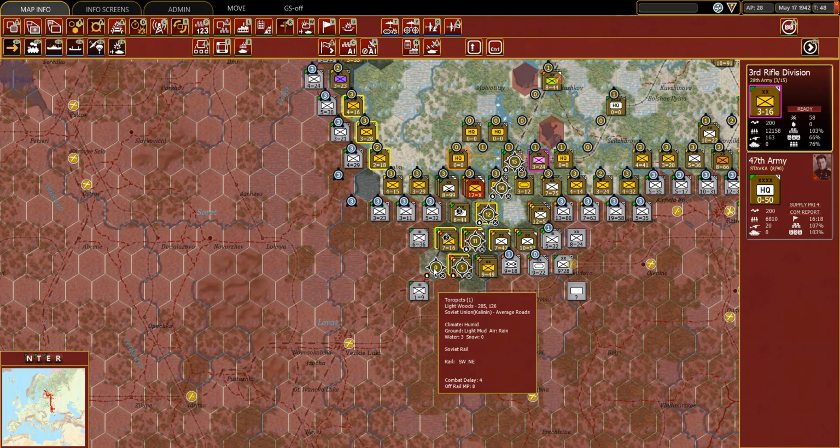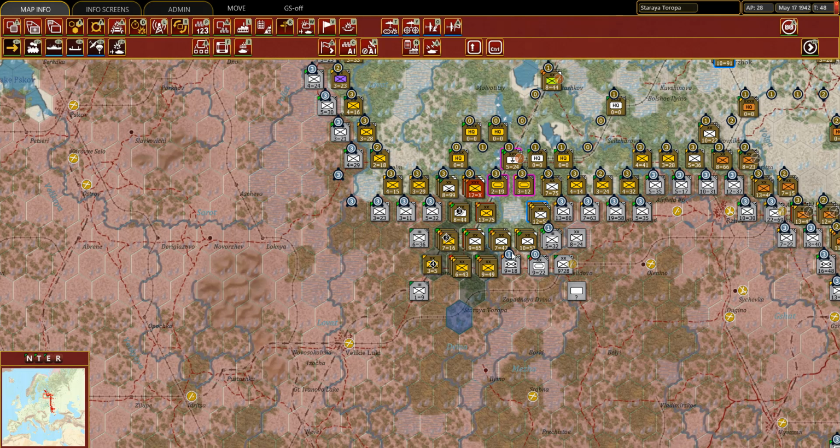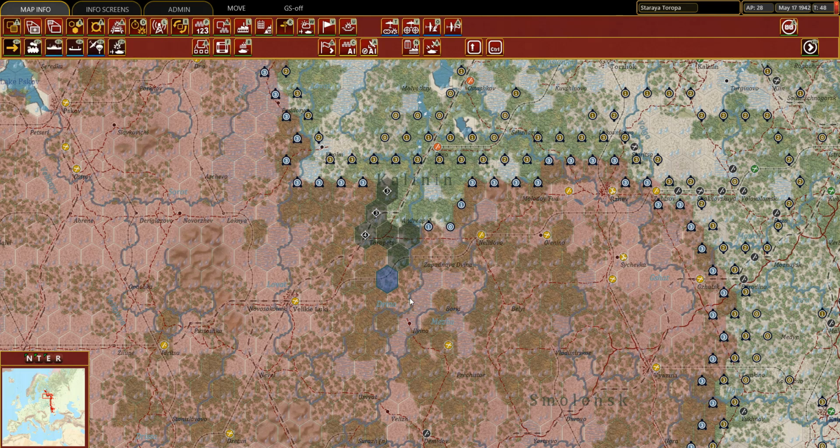If I can get infantry into torpedoes, I guess that is definitely something that I will do. If they want to break out, they'll have to go. If they want to attack it, they will have to go all the way around. I think that would be very tricky for them. Not that I took that many hexes at this point, but...